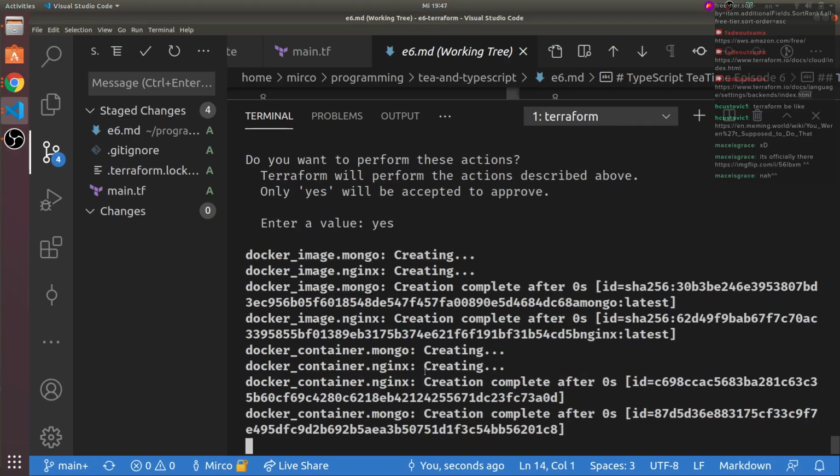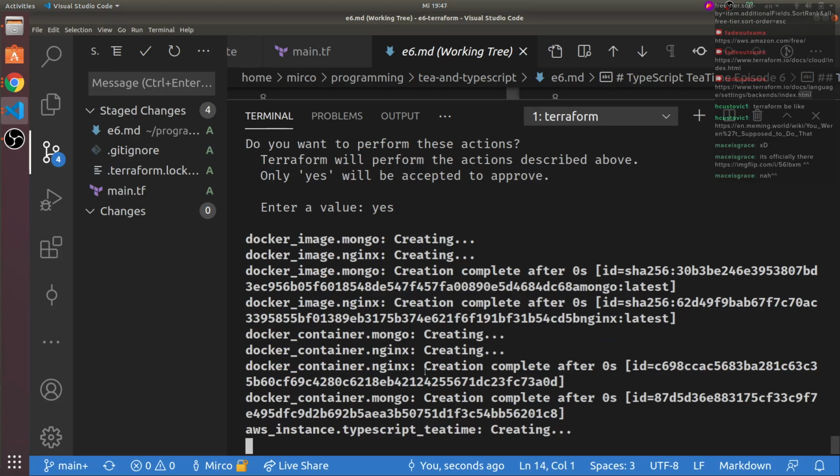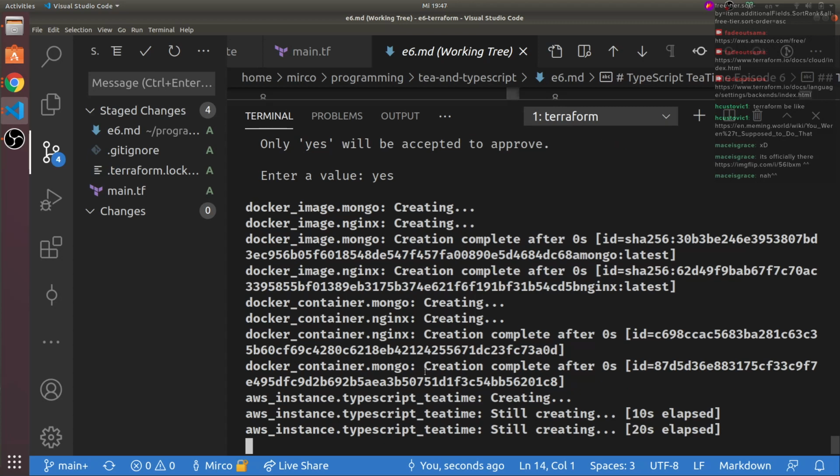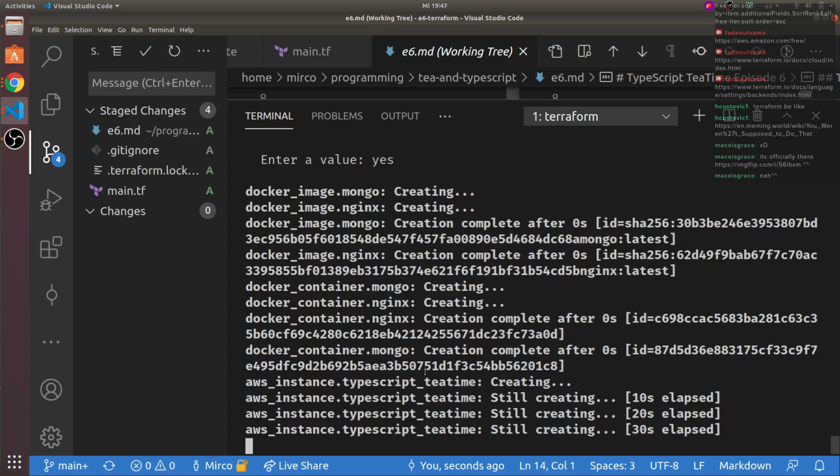Do the magic for us, and in a few seconds, Docker is rather fast. As much as I've seen so far, the EC2 instances, these basic ones, take like 30 seconds to spin up. So in 30 seconds, we have everything recreated from scratch. Except, well, we installed Docker on this machine as well as Terraform and AWS CLI. But everything else.